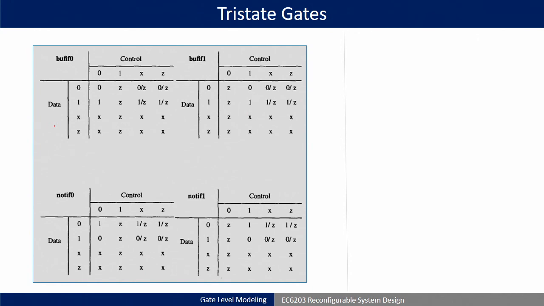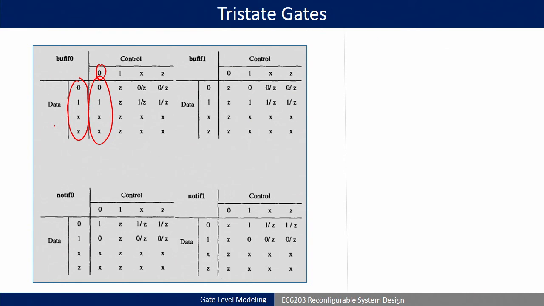So, we have taken the control unit. If you see bufif0, understood. So, bufif0 means what will happen? If control is 0, then data will pass. See, this is control. Whatever data is there, that is passed here,